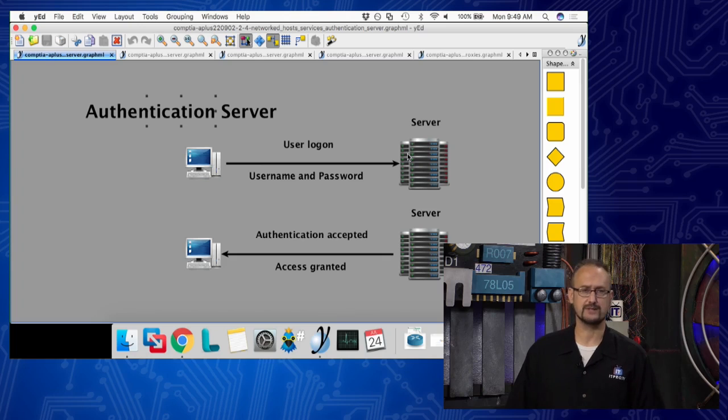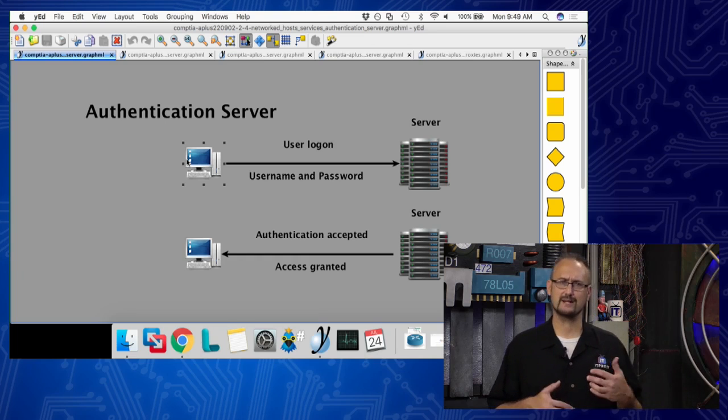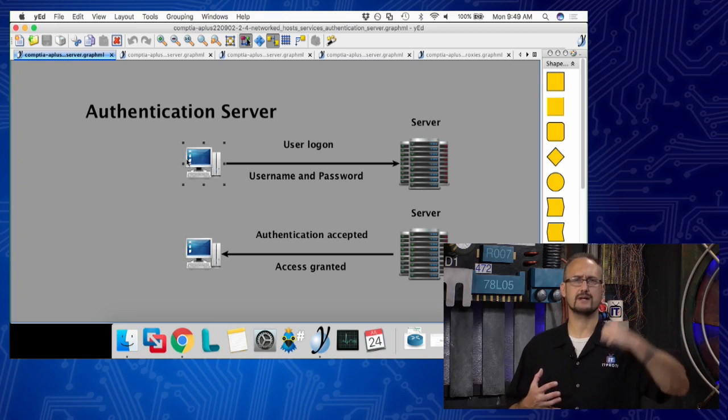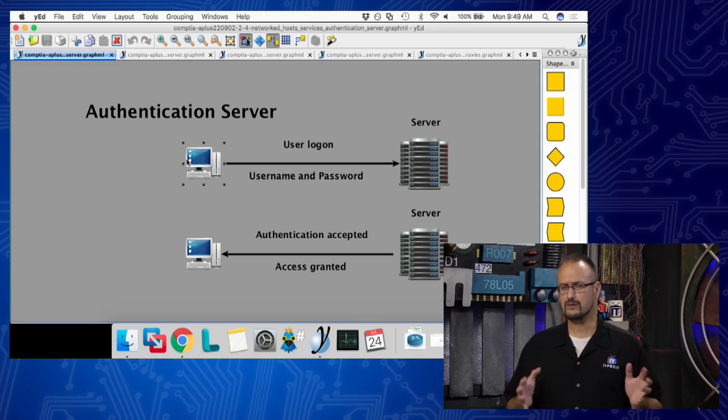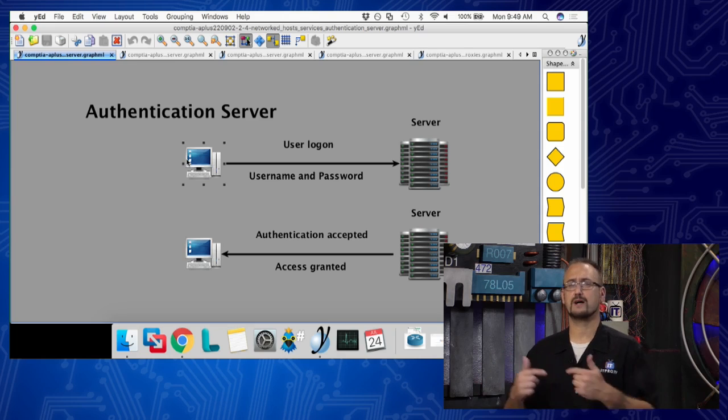In this case, it happens to be an authentication server, which means when you log on to the client, Dan or I, we log into our local computer here. Well, it really isn't the computer we're logging into that is providing the authentication. What it's doing is calling out to the network, again a client requesting resources, saying, hey, somebody out there on the network, do you have a database that has Dan's and my username and password stored in it? Because I need to see if I can grant access to this device based on that service. So again, keep in mind that the client-server model means a client requests the resources and the servers provide the resources.